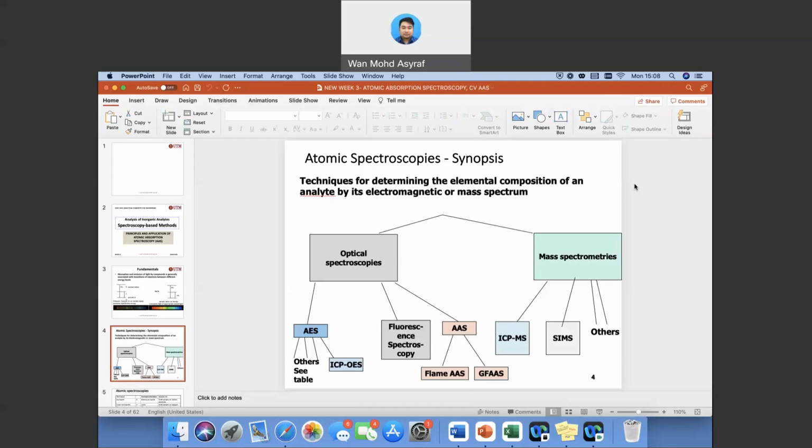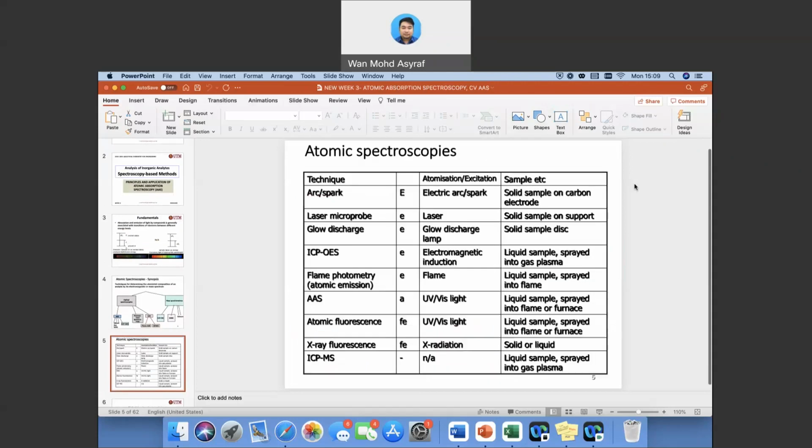It doesn't matter with all of this jargon, you will look into it in detail later on. All right. So these are the techniques used in terms of atomization, in terms of how the sample becomes excited, and what kinds of samples there are. Maybe if we look at AAS here,